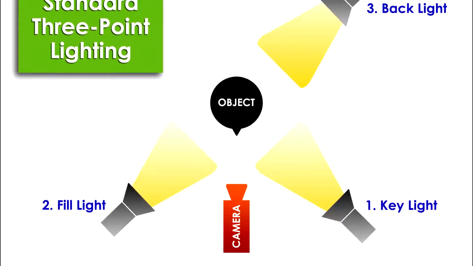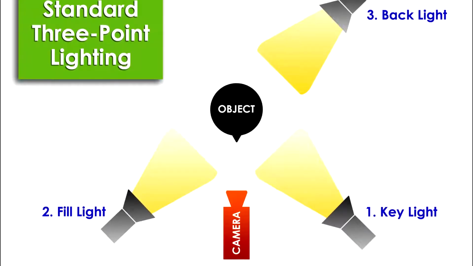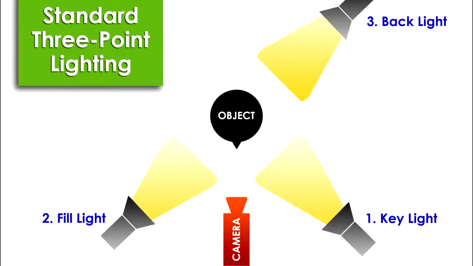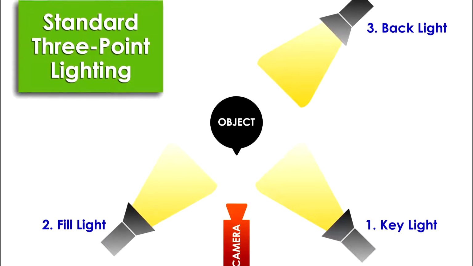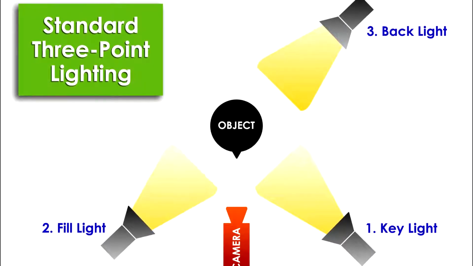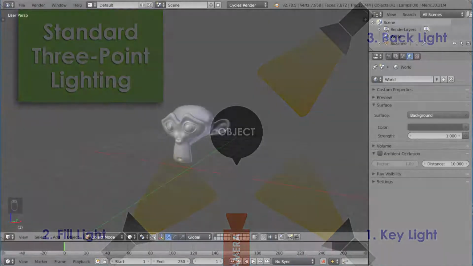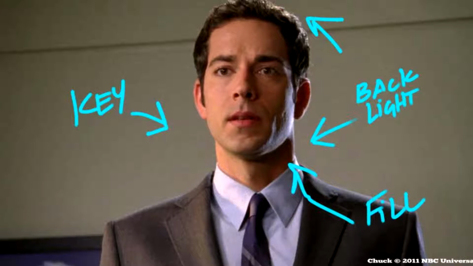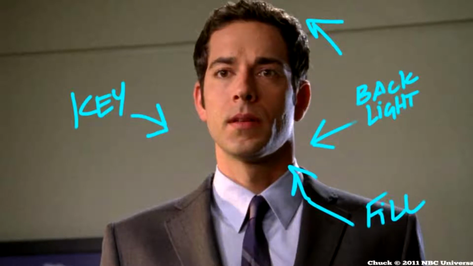So let's just go over what the 3-point lighting system is. You basically have 3 lights. One of them is called the key light, one of them is called the fill light, and one of them is called the rim light, or the backlight. There's various different explanations for this, but the overview is that the key light is the main light. It's the primary key lighting source. So when someone looks at a scene and they say, oh, the light's coming from the top left-hand corner, they're referring to, most of the time, the key light, because that's the light that defines the light source in the